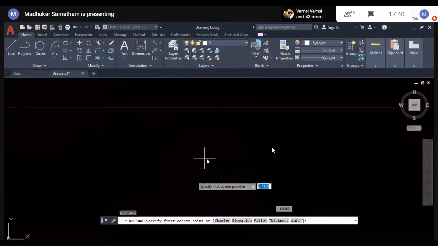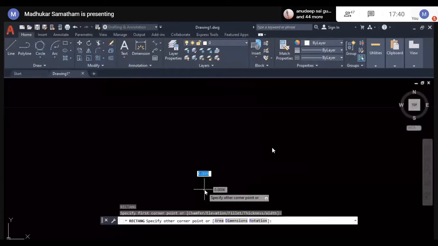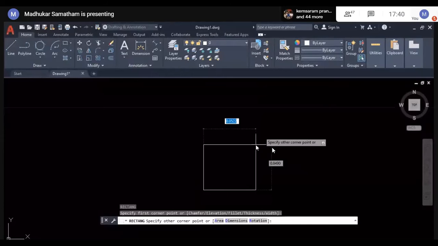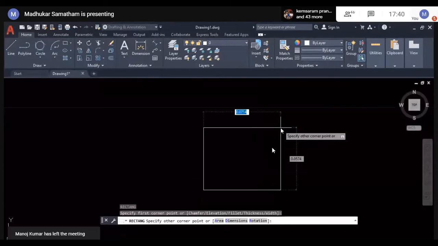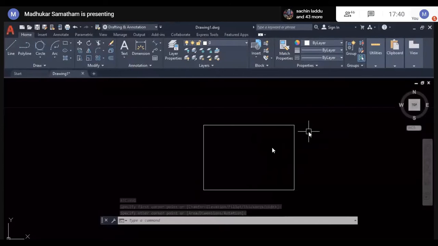Already we are familiar with the selection method. We are drawing a rectangle but using right lower corner point to upper left corner point. Same principle here also. The only difference is when we are drawing a rectangle by using the graphic user interface, we need to select lower left corner first, then upper right corner, means diagonals.